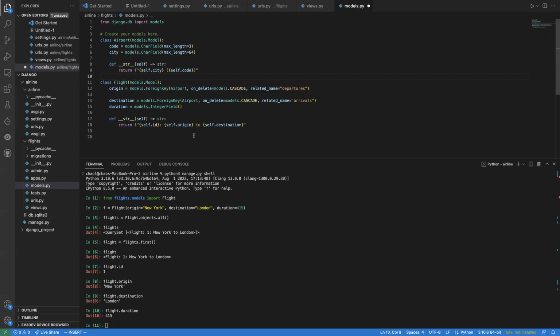That's called cascade. There are several other options to cascade. We also provide a related name, which gives us a way to search for all flights with a given airport as their origin or destination. So that's the related name, departure and arrival. And now, once you've done that,